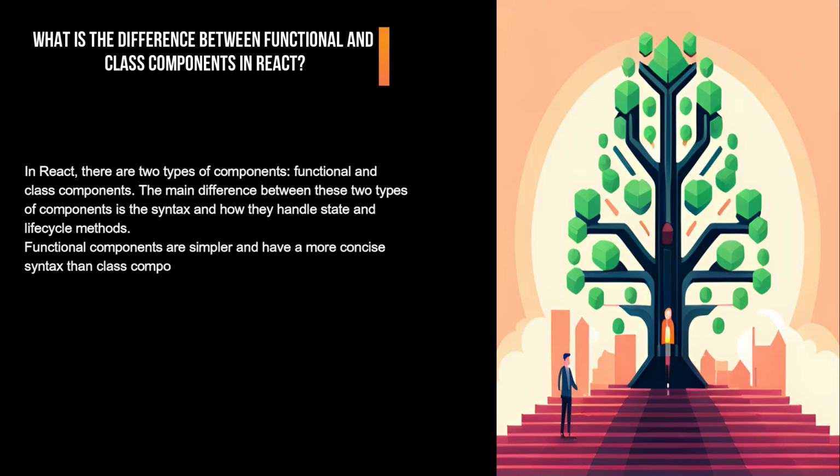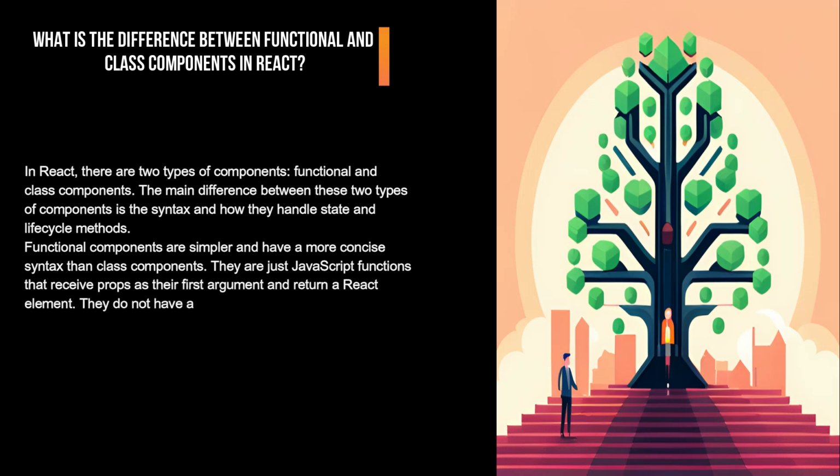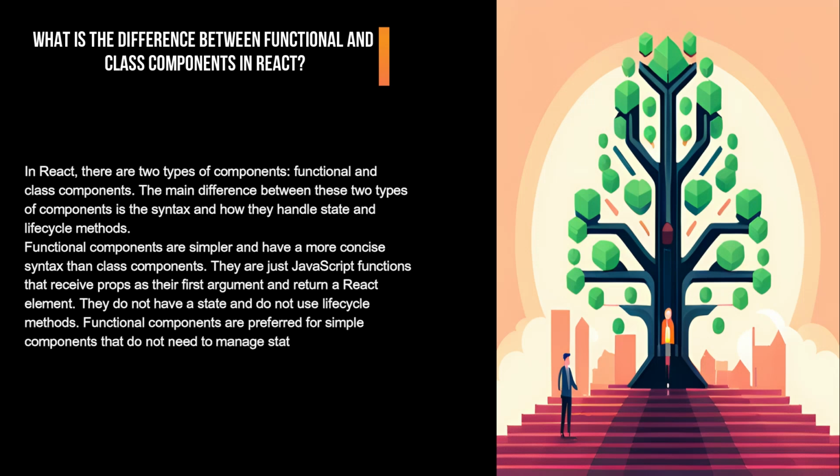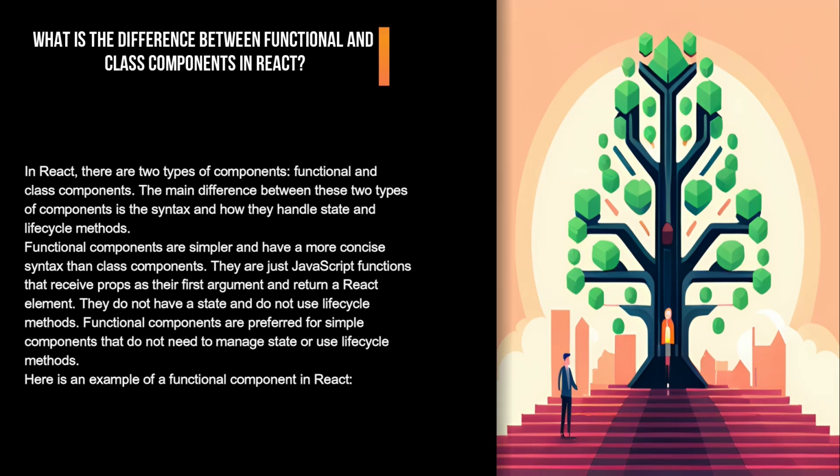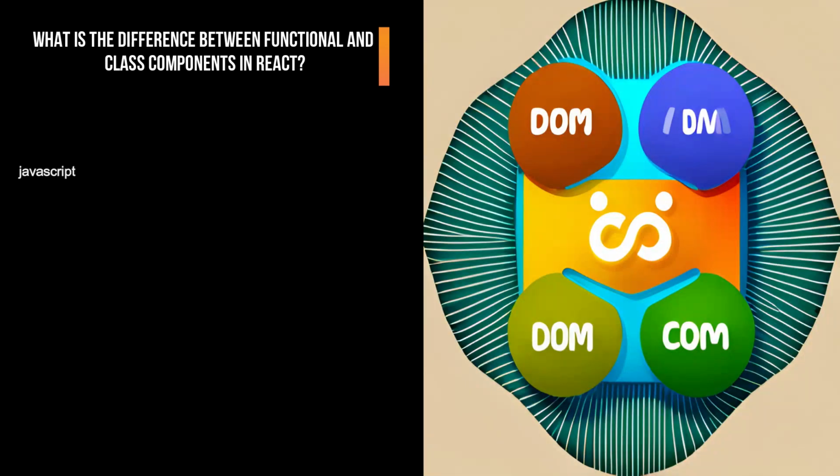Functional components are simpler and have a more concise syntax than class components. They are just JavaScript functions that receive props as their first argument and return a React element. They do not have a state and do not use lifecycle methods. Functional components are preferred for simple components that do not need to manage state or use lifecycle methods. Here is an example of a functional component in React. JavaScript. function Greeting(props) { return <h1>Hello,